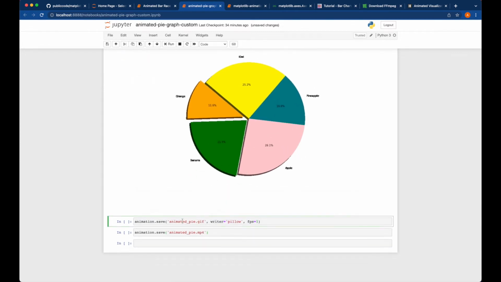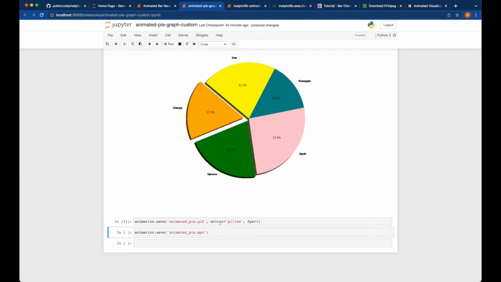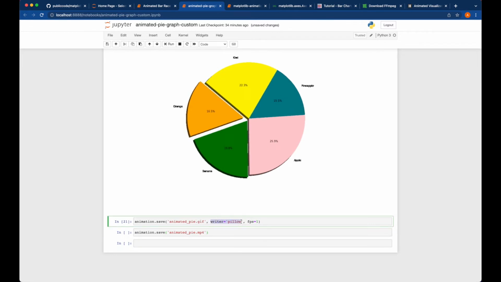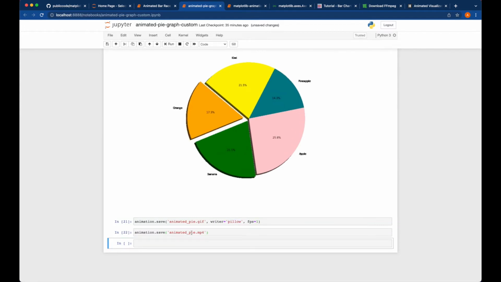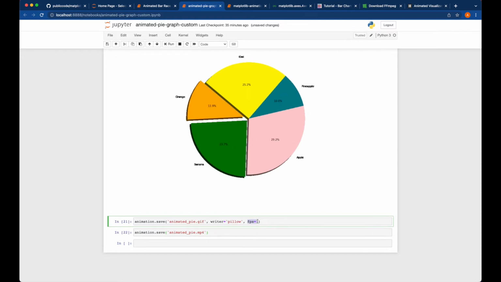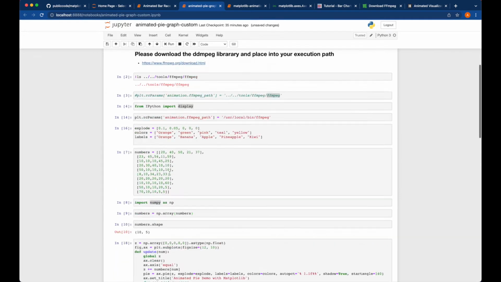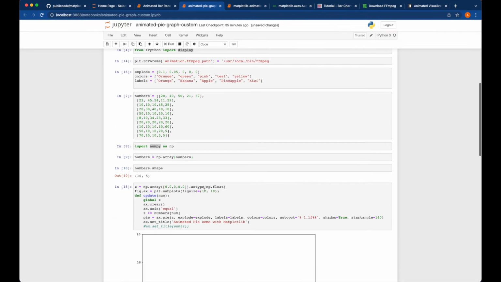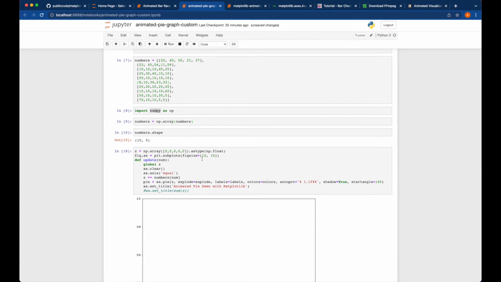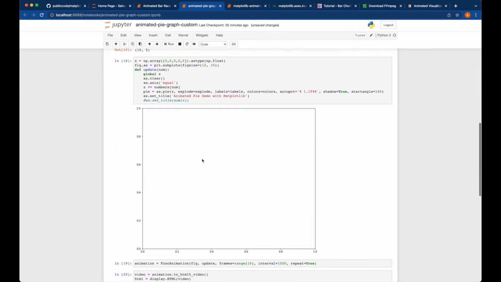If you want to save, it's the same method. You could use the GIF. If you want to use a writer, some other or specific one, you could define it below. If you do not pass it, it will use the default writer. And next, here you could see that MP4 can also be created. If you want to save the GIF file with a different frames per second setting, you could control it that way as well. So in this example, you have seen how you could use the HTML5 MP4 playback method to